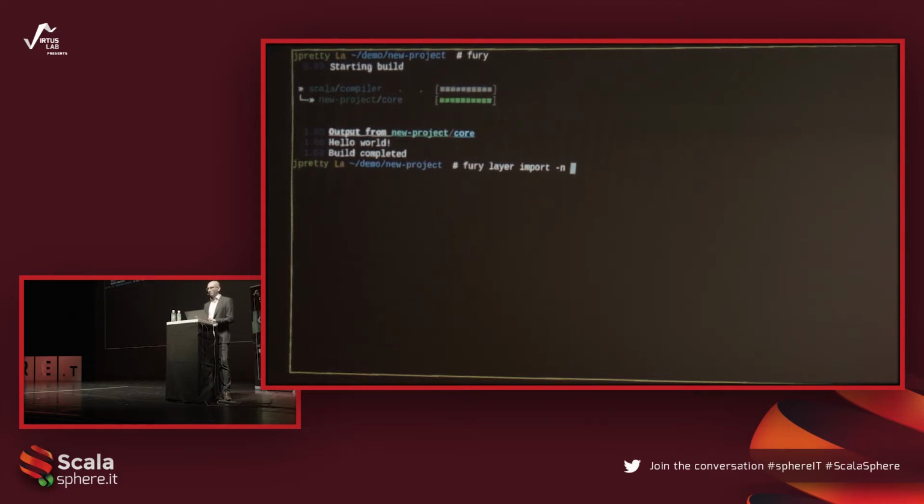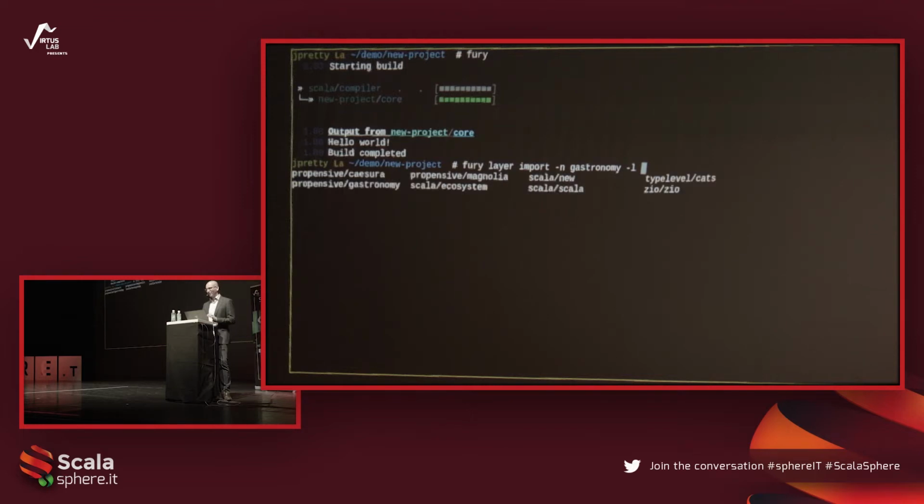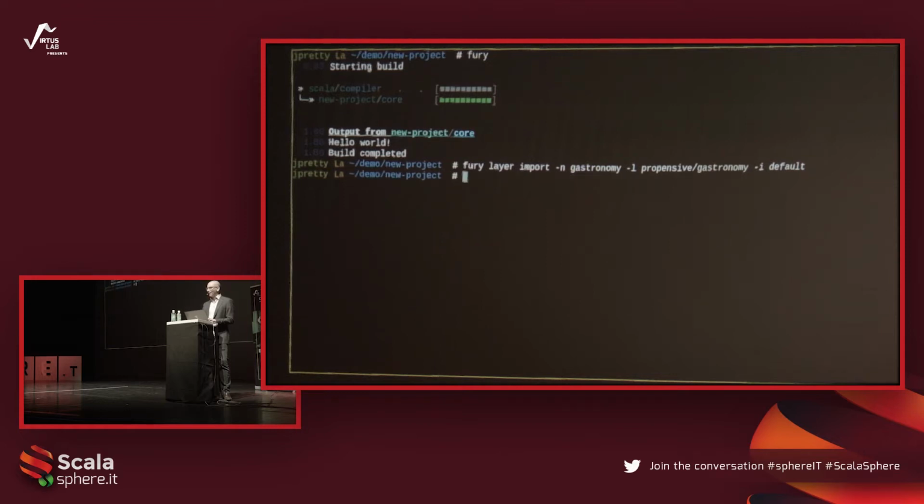And I'm just going to pick a project almost at random, one of my libraries called Gastronomy, which provides hashes for things like strings. So that layer is going to be called Gastronomy. I'm going to specify the layer with -L, and if I press tab again, I get the option of what that should be. So propensive gastronomy, and I will specify a default schema. Don't worry about that for now. Having done that,